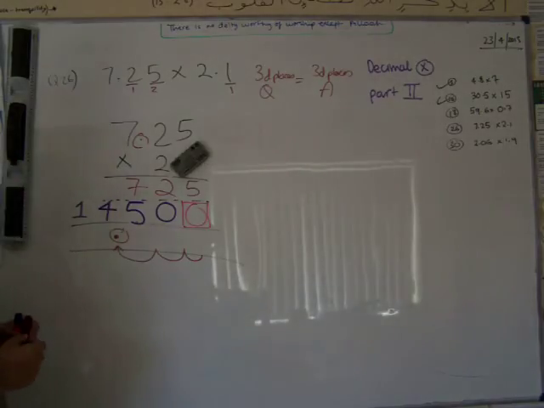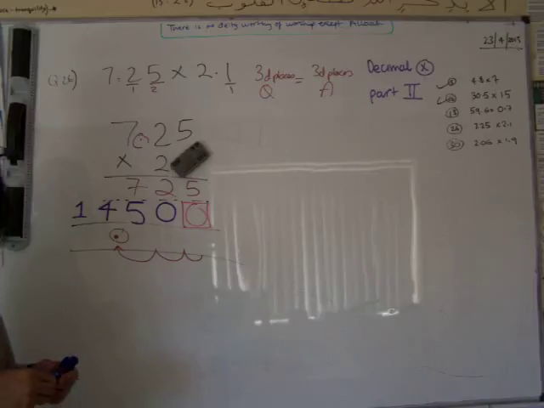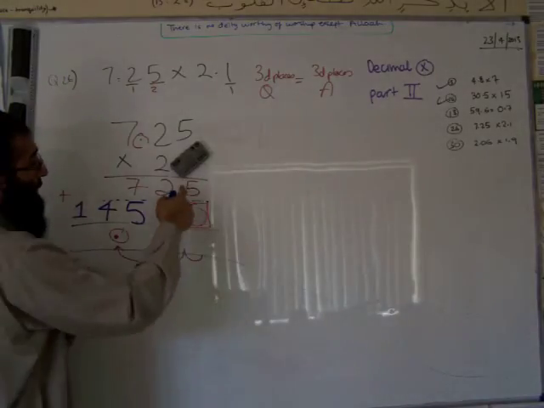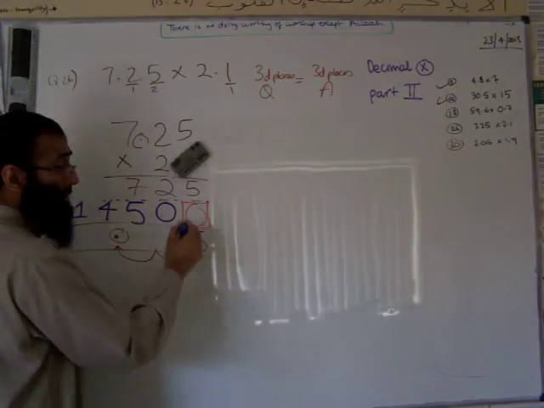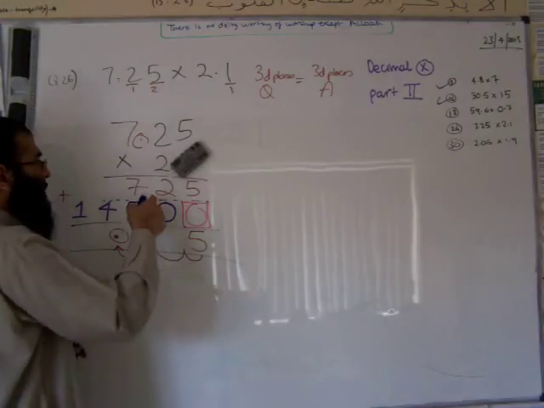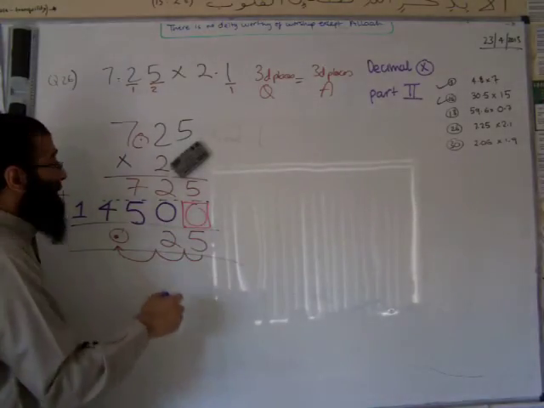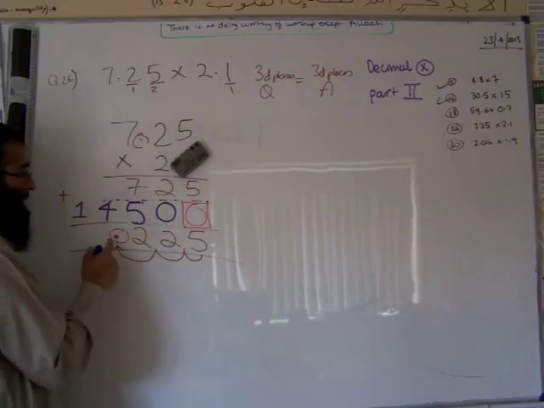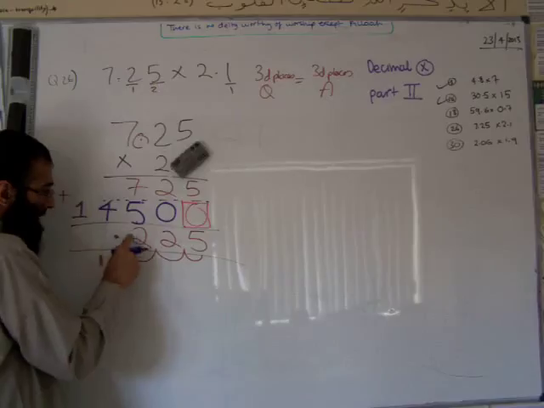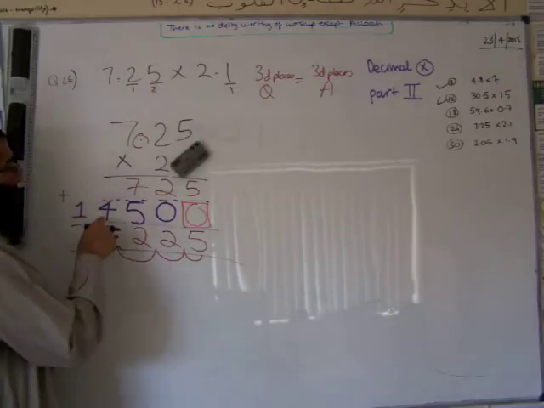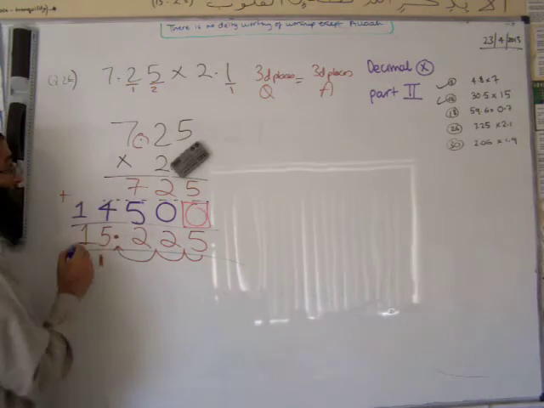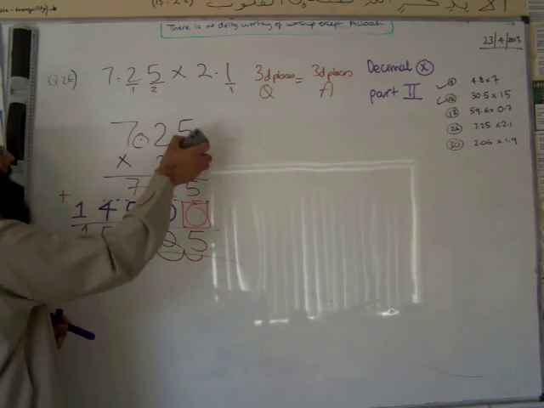7 times by 2 will give you 14. Okay, the next part of the question requires us to add up the two rows. So we have 5 add nothing is 5. 2 add 0 is 2. 7 add 5 is 12. There's the decimal point. Okay, and 4 add 1 will give you 5. And that will give you a total of